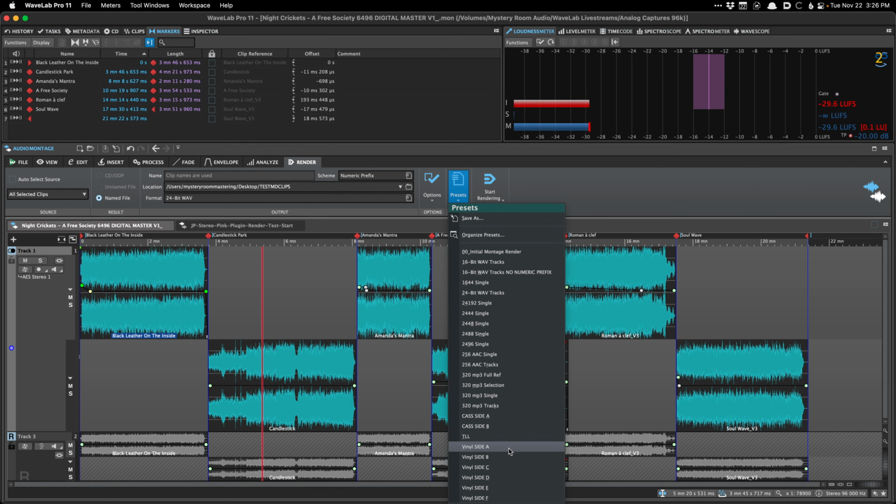Things that not only add side A or B at the end of the file, but they also change the rendering source. So for vinyl, I'll get into that as well. But you should really be aware of render presets if you're not using them. Not only do they save you time, but they save you from making a dumb mistake that's